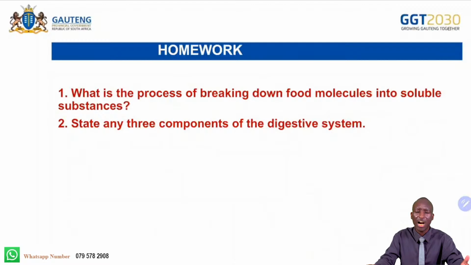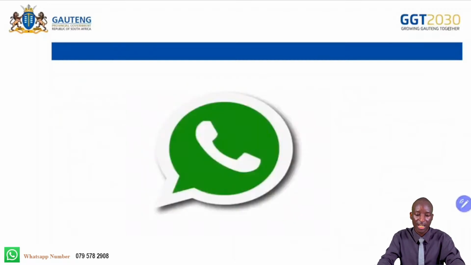Now we've got our homework. 2 questions for our homework. Number 1 says, what's the process of breaking down food molecules into soluble substances? Number 2, state 3 components of the digestive system. 1 minute as you copy that homework. Remember to communicate with us through our WhatsApp number